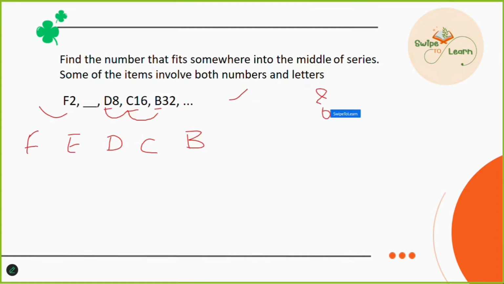What about the number? We have to find out the number 2. So we know alphabetic numbers, right? A is 1, B is 2, C is 3, and so on. So first we'll be checking whether they are the respective alphabetic numbers or not. Is the B alphabetic number 32? No. So in the first case itself, it has failed; it is not the respective alphabetic numbers.